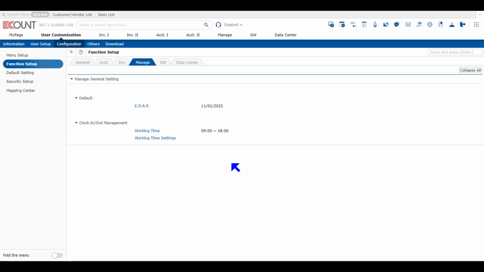In this video, we will discuss user customization, configuration, function setup, manage tab, working time settings function. By using working time settings, you can register the business hours used by your company and link each working time to your employee codes. In order to register a new business hours code, click Working Time Settings